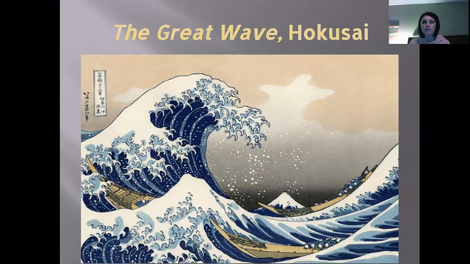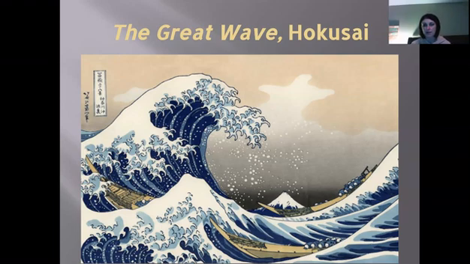So the first group of people that the Japanese, excuse me, would allow to trade with them because they weren't trying to religiously convert them was the Dutch. And the Dutch, if you remember looking at Vermeer, were very good at those because they were so involved in trade. They had access to some pretty incredible colors. And remember, Vermeer almost went broke trying to get his hands on these specific colors of blue. Well, this Great Wave by Hokusai has that deep Dutch blue in it, but it also, if you notice, has